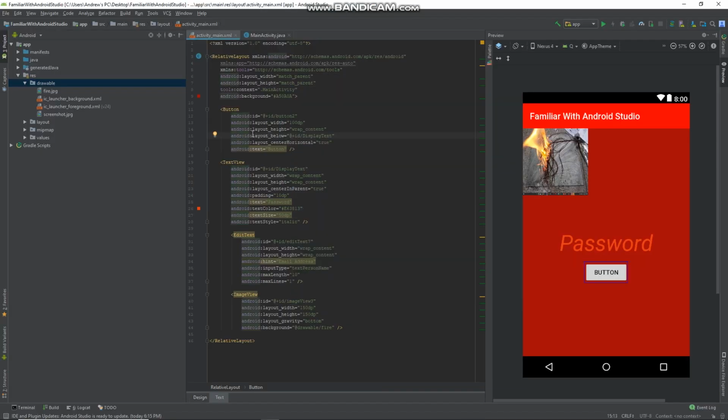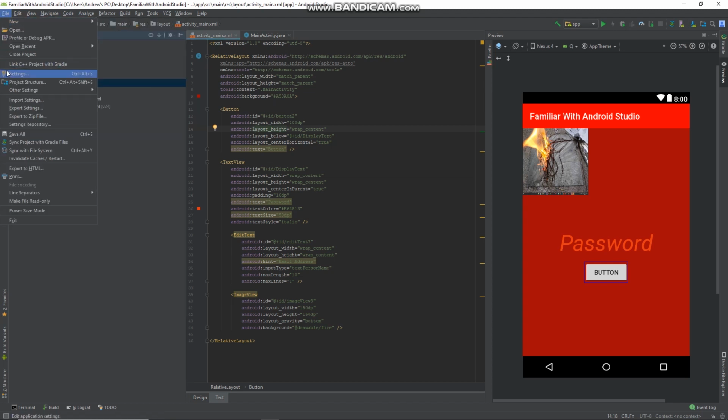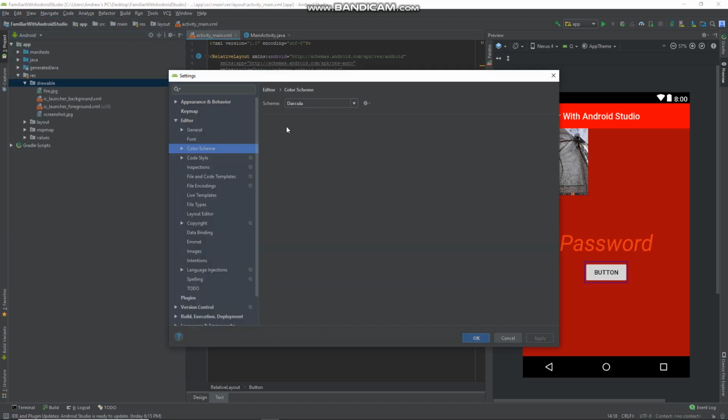Hi guys, and welcome back to the next Android Studio tutorial. Right now the theme of my Android Studio is black. If you wanted to change the color of this entire Android Studio theme, I think the initial color when you download Android Studio is white. So if you wanted to change this theme, you can click here, File, click under Settings, click under Editor, and open up